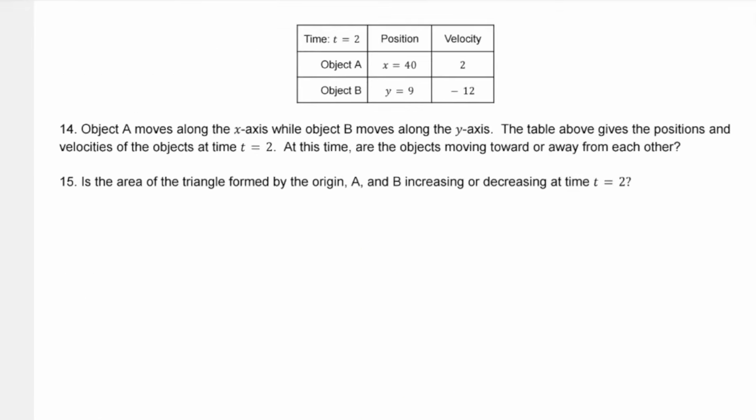Just got a couple of scenarios left. This one is one where we've got two objects moving along the x and y axes. We can definitely ask some related rate questions about these objects, like particle motion questions. So object A moves along the x-axis and B is along the y-axis. I'm going to just draw a little diagram. It's going to be my y-axis, my x-axis. All right, x is at 40, so object A is over here at x equals 40. And object B is at y equals